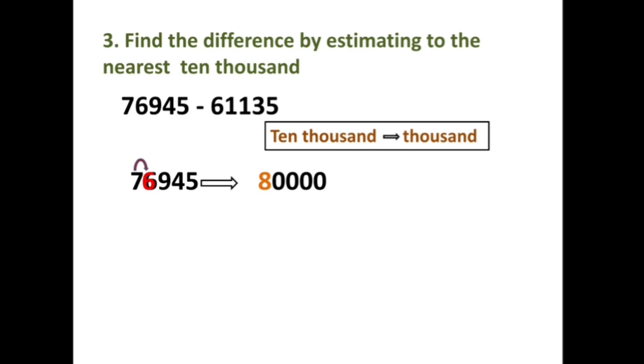The thousands place is 6, which is greater than 5. So we are adding 1 to the 10,000s place. 1 plus 7 gives 8 as the answer. 10,000s place we keep as 8. Other place values will become 0. So 76,945 will become 80,000. Now let us find the estimated value of